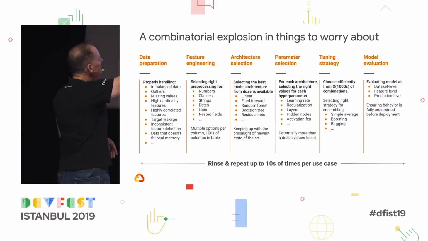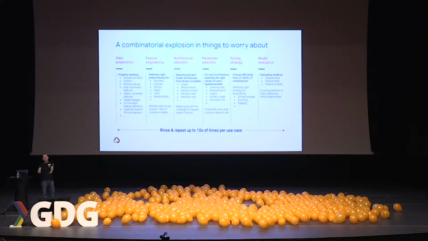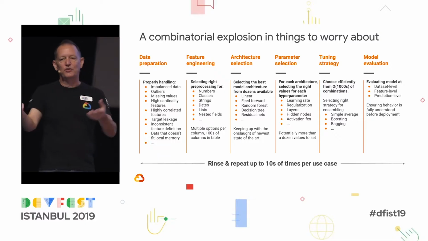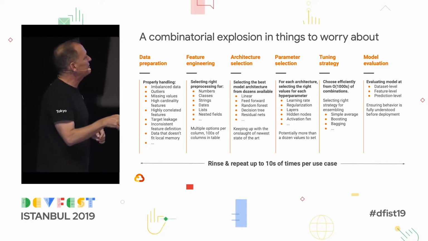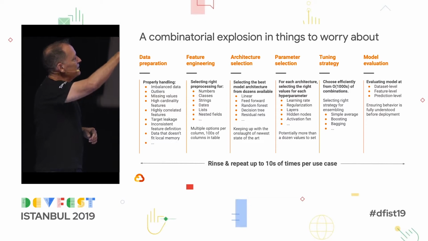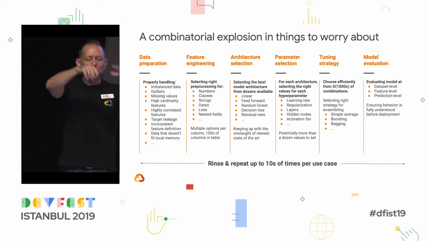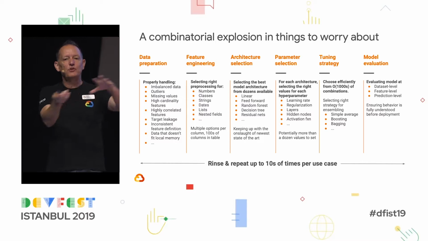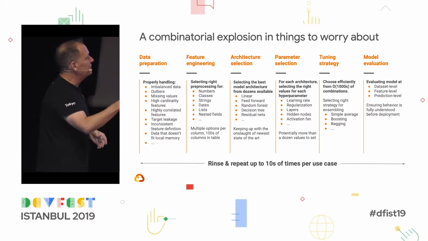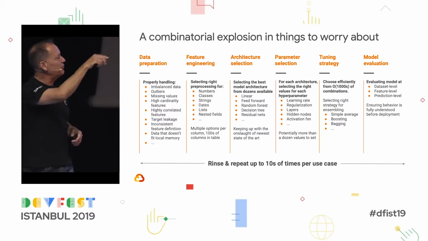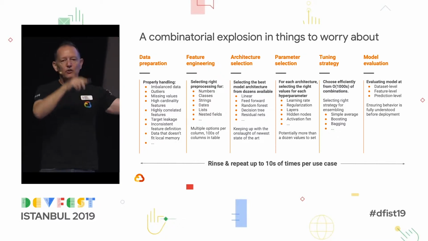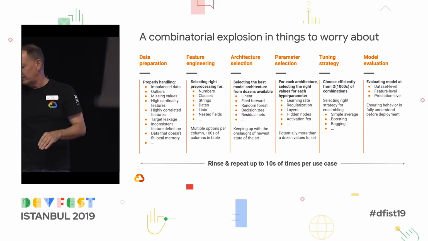You have to then figure out what's the best architecture to build a model to address the problem you're trying to solve. Then you have all the different things like we showed earlier about activation functions and layers, and how do you do all that to get the best result. Then once you have it, you have to figure out all the possible combinations of ways you can tweak that to get the best result, until finally you're going to be out there and testing this. And you have to go through this over and over and over again, looking for small improvements over time.